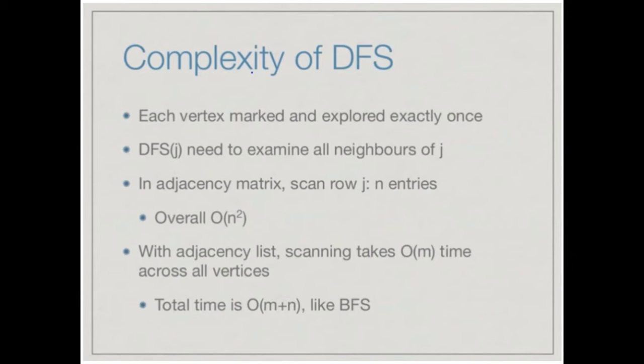So you can say for an adjacency matrix, the overall complexity is order of n squared, n being the number of nodes. And if we implement it with an adjacency list, the total time taken will decrease to the total number of nodes plus the total number of edges. So with the help of an adjacency list, we have decreased the time complexity of this depth first search algorithm. So we'll stop this lecture right here.